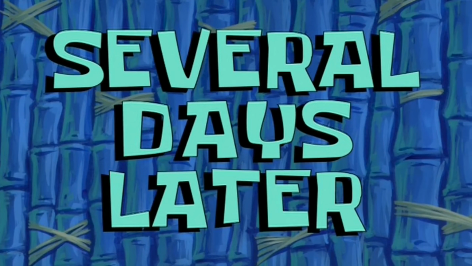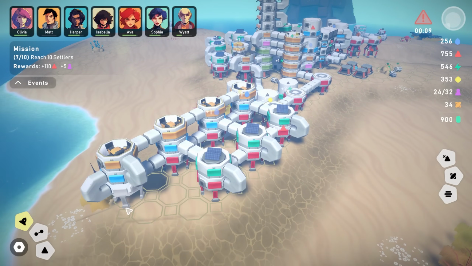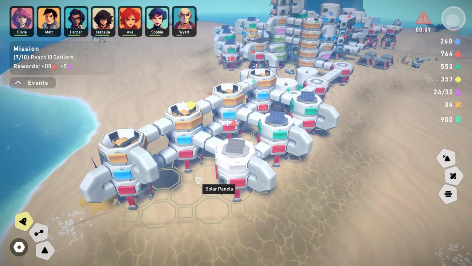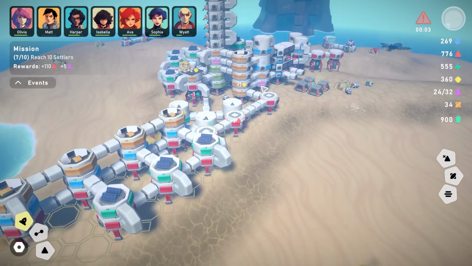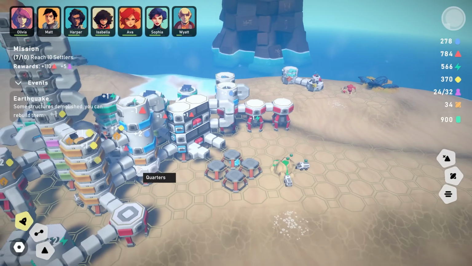Several days later. Snapping back after a little break there, this is kind of what I was describing earlier. The best way to really generate a lot of resources is to not use the advanced tools at all. Like, I mean, I built out a bunch more of these core drills and the hydroponics bays and the, oh